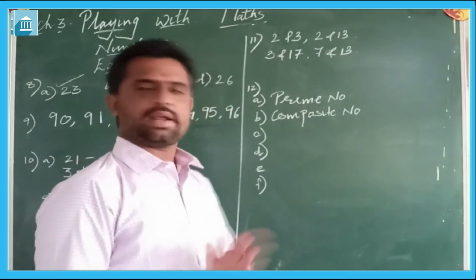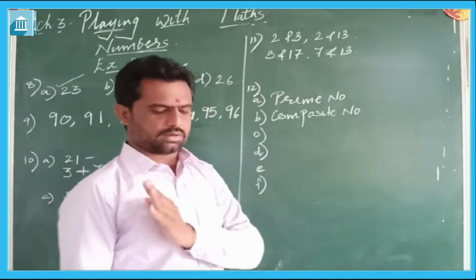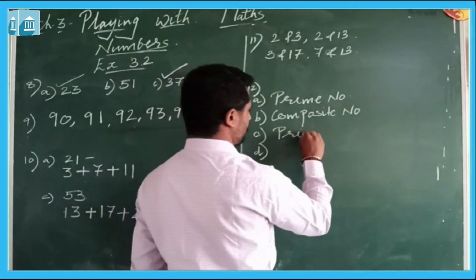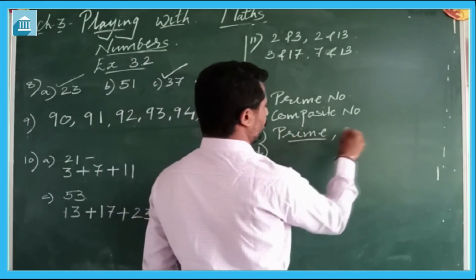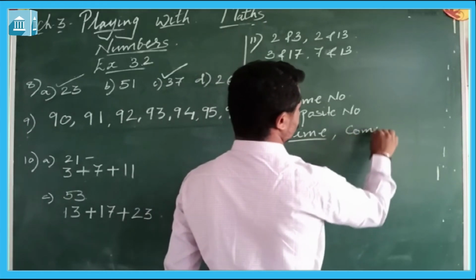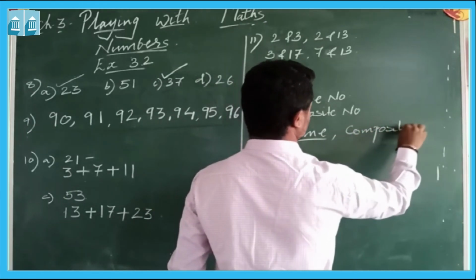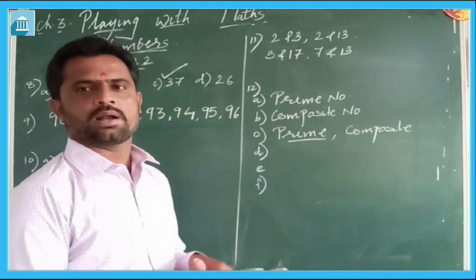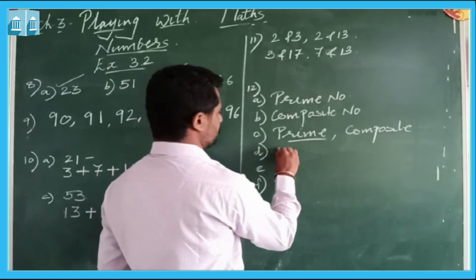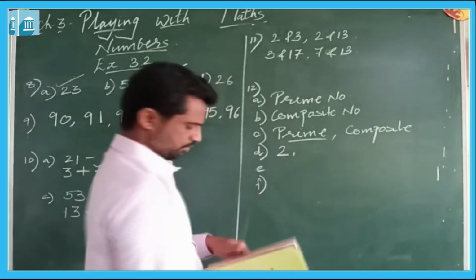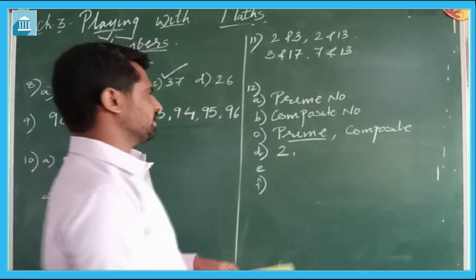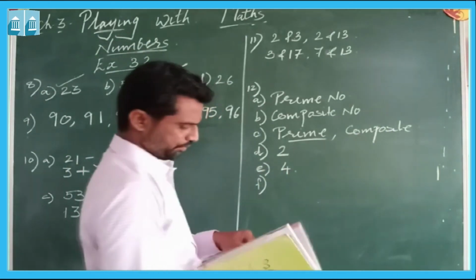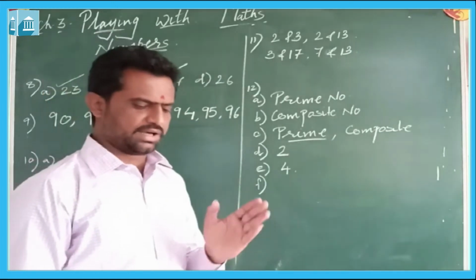C is, 1 is dash or dash. 1 is neither prime nor composite. Then D is, the smallest prime number is. We have found out that the smallest prime number is 2. E is the smallest composite number. The smallest composite number is 4. The smallest even number is